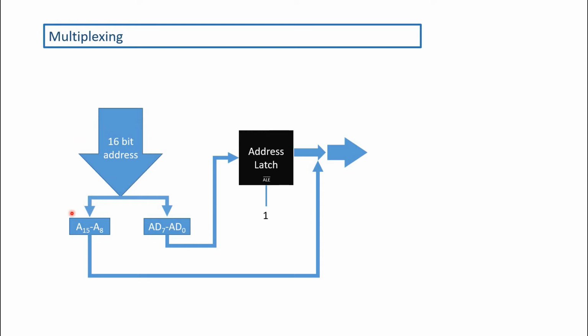These 16 lines are grouped into two different categories, like A15 to A8. Here you have an 8-bit bus, and in here you have AD7 to AD0, another 8-bit bus. So there is a mere difference between these two categories. That is, A15 to A8, this group always carries the address. No matter what happens, this is going to carry address all the time. But this particular group is going to carry address and data, but at a different time. Now let's see how on earth the same bus can be used as address bus and data bus together.